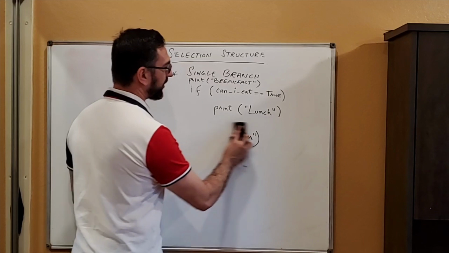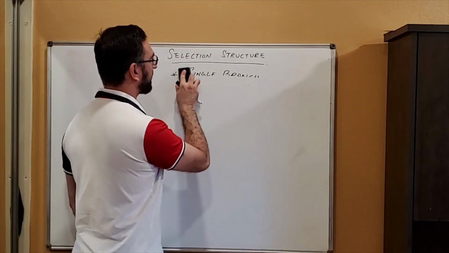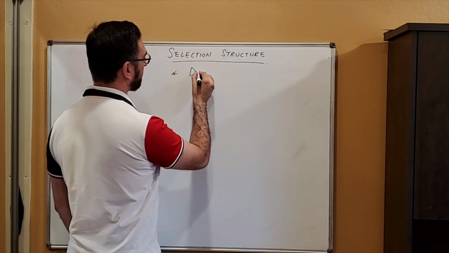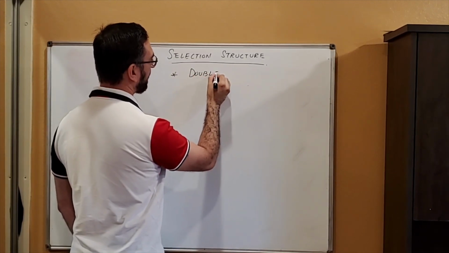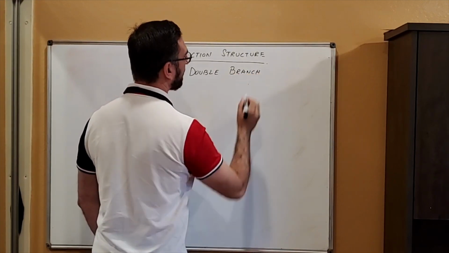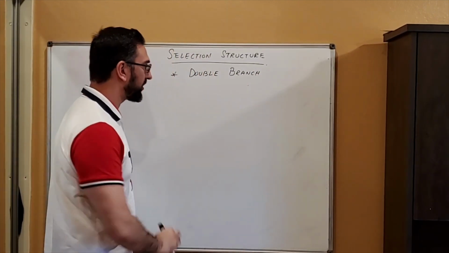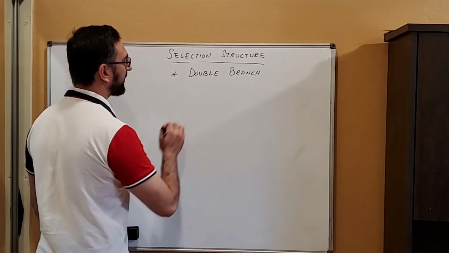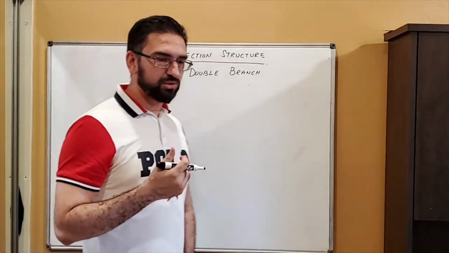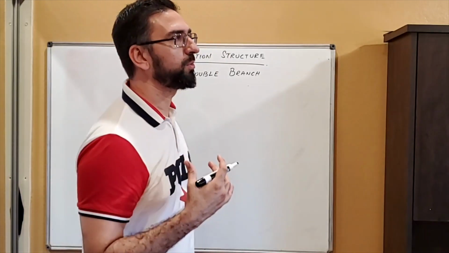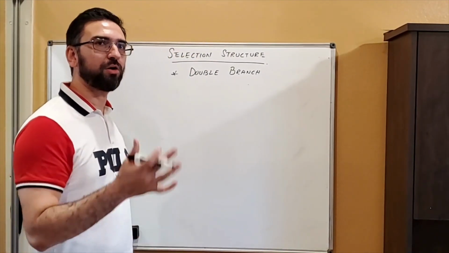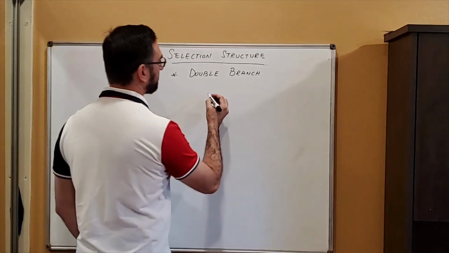There is another way of doing things which is called double branch. So in a double branch statement, we can also call it a two branch statement, what we basically do is we have an alternative to do one thing or another. For example,